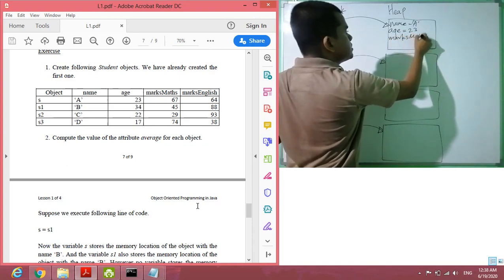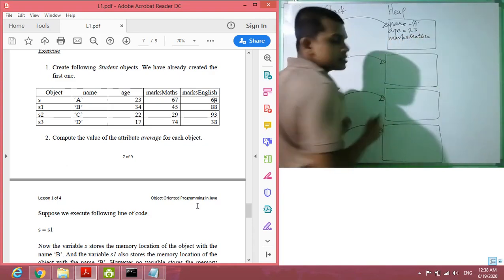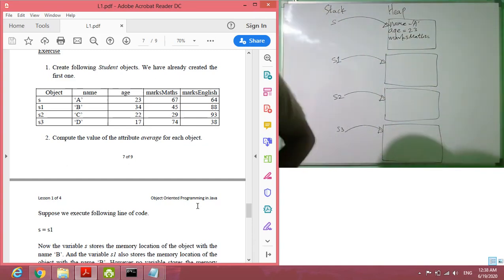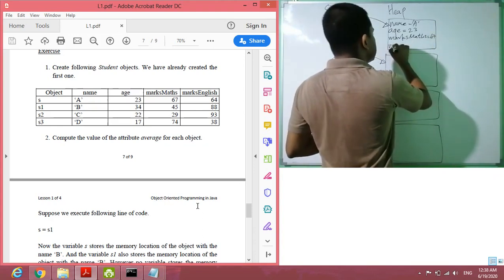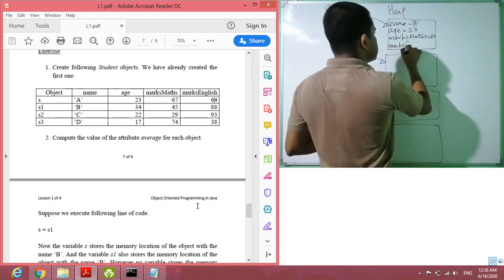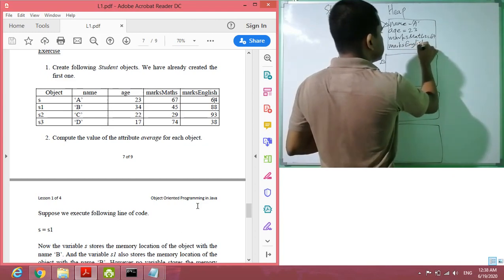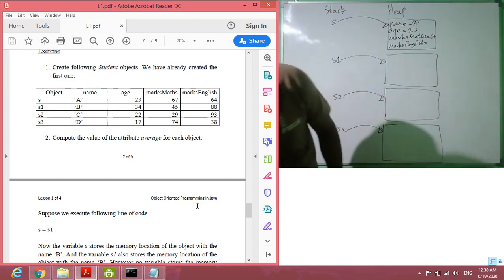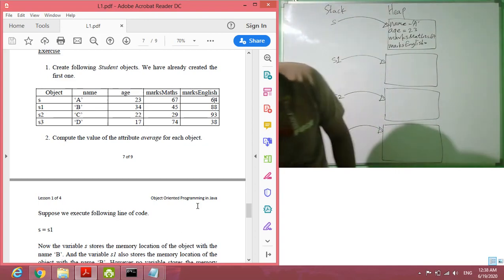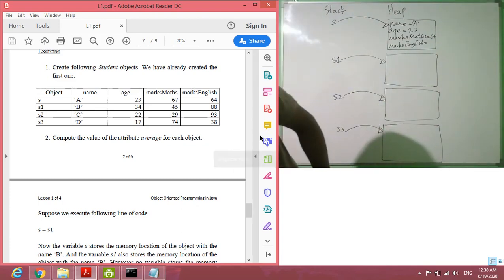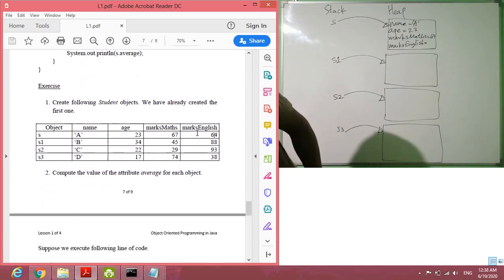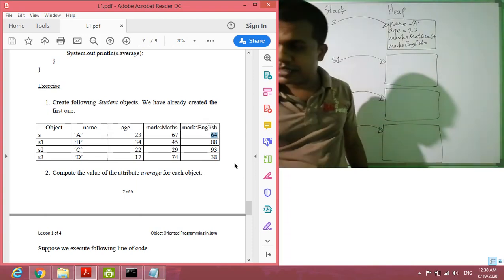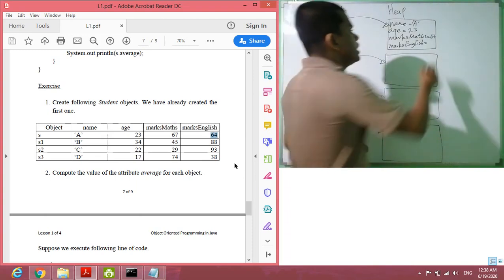marks maths 67, marks English 64. That is a mistake because in the previous situation we have used 84, no? So here it should be corrected in this table. You have to correct it to 84,